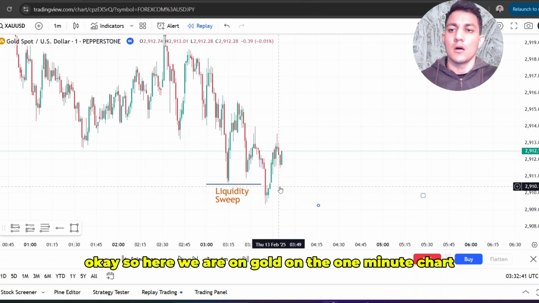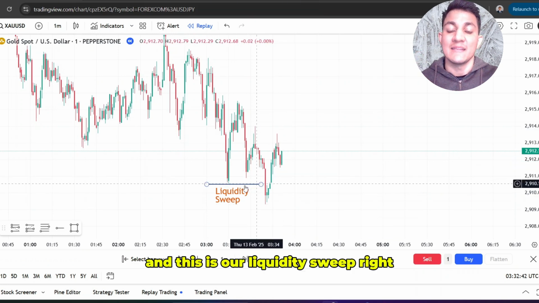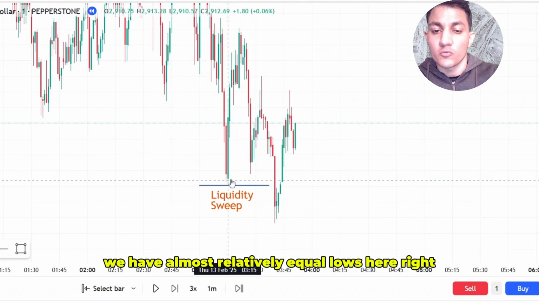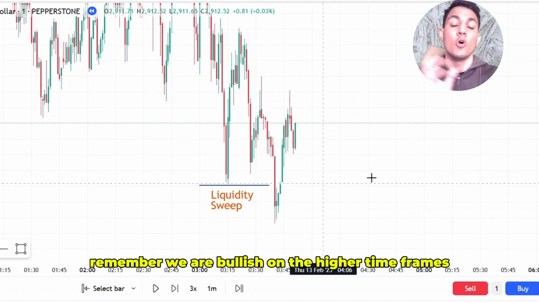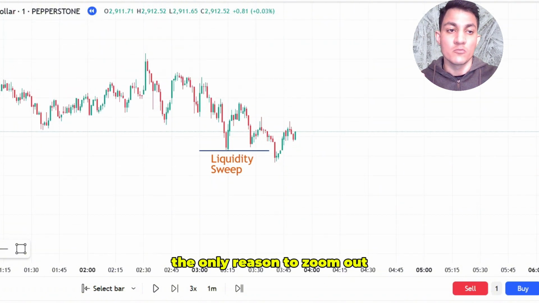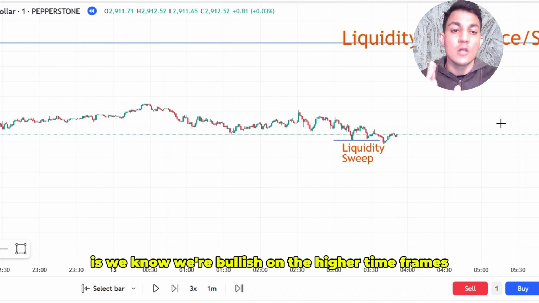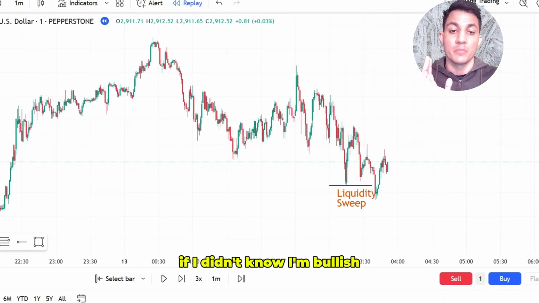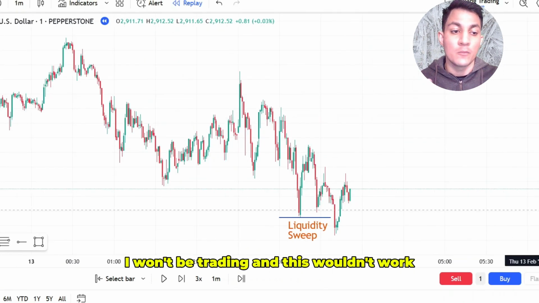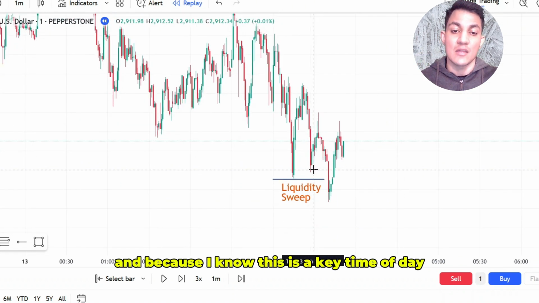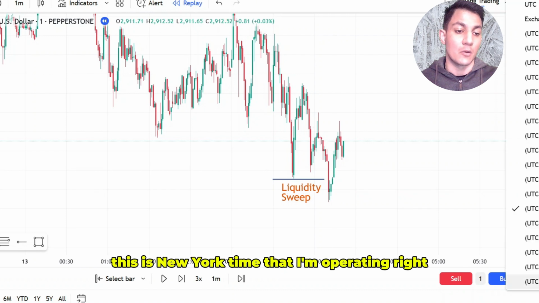Okay, so here we are on gold on the 1-minute chart, and this is our liquidity sweep, right? We have almost relative equal lows here. Remember, we are bullish on the higher time frames. The only reason this works, let's just zoom out, if we go all the way up here, is we know we're bullish on the higher time frames. If I didn't know I'm bullish, I wouldn't be trading, and this wouldn't work. But because I know I'm bullish, and because I know this is a key time of day, for those who don't know, this is New York time that I'm operating in,